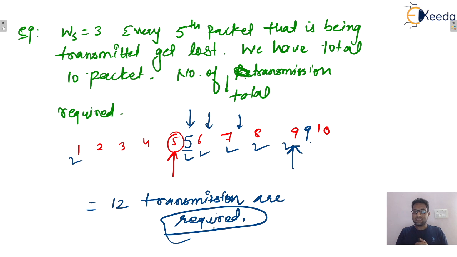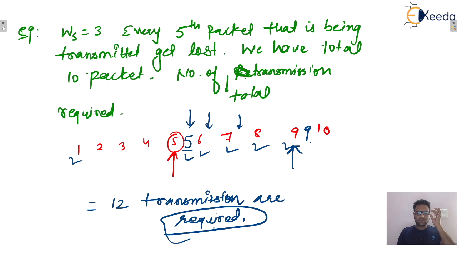Now, guys, we can say that in terms of retransmissions, selective repeat is behaving like stop and wait. Because in stop and wait also, if any packet gets lost, only that packet will be retransmitted. Similarly in selective repeat, any packet that gets lost will be retransmitted only. But in case of go back N, the entire window is retransmitted, isn't it? I hope this one is clear to everyone.